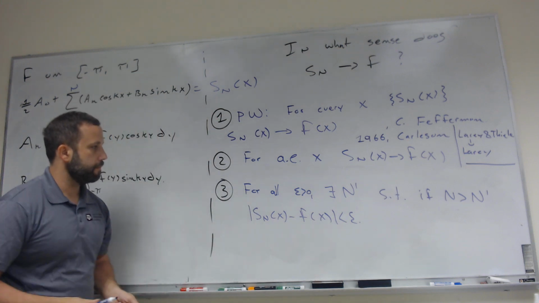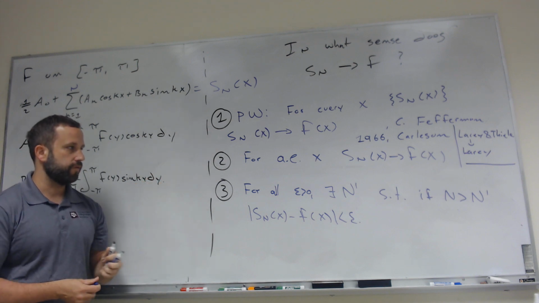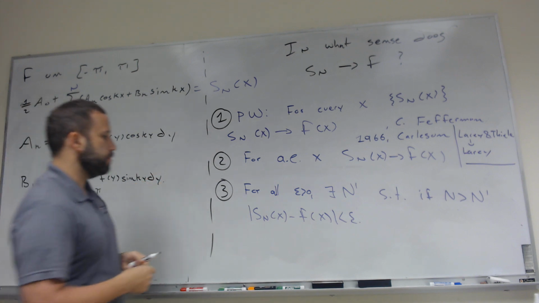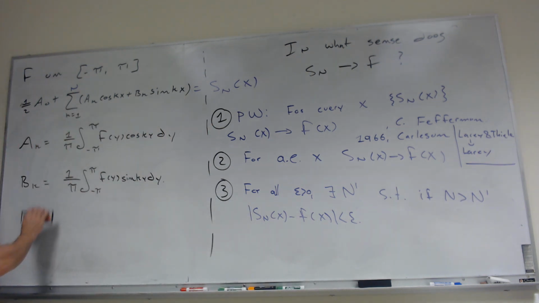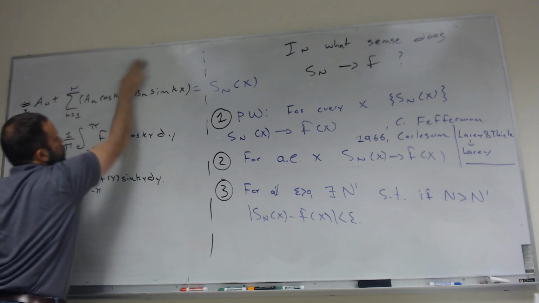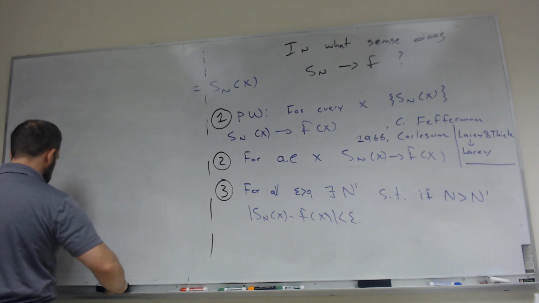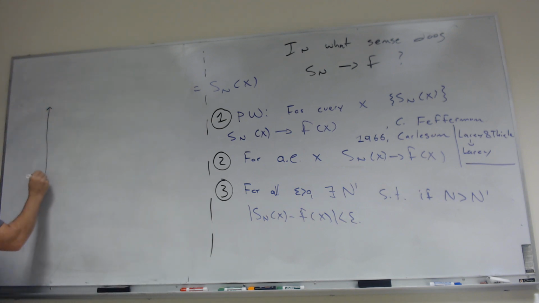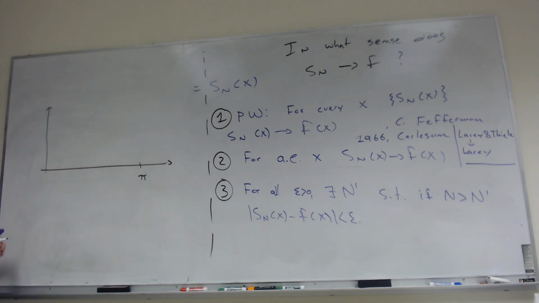Okay, so one of the best ways to explain the difference between pointwise convergence and uniform convergence is to give an example of a sequence that converges pointwise but not uniformly. I'm going to erase this stuff over here because I want to talk about these modes of convergence. Okay, so let's look at a simple example. We'll say this is pi and this is 0. We will forget about minus pi. I'm just going to show an example of a sequence of functions that converges pointwise but not uniformly.